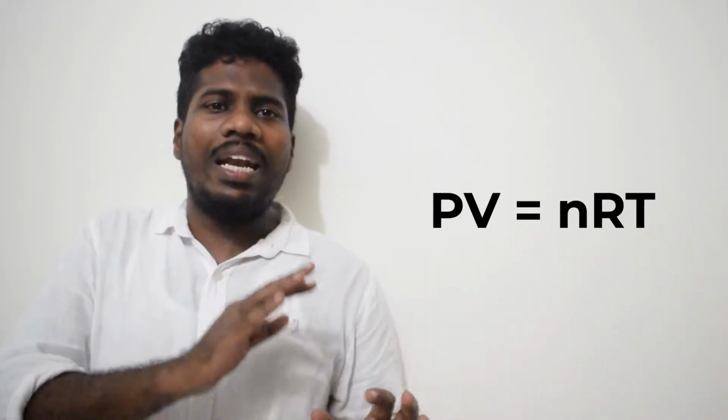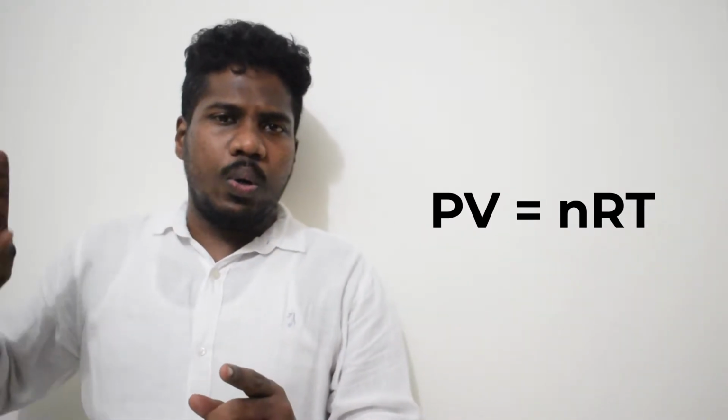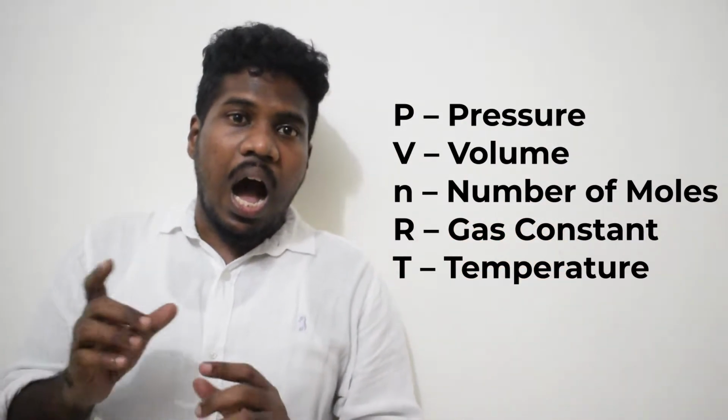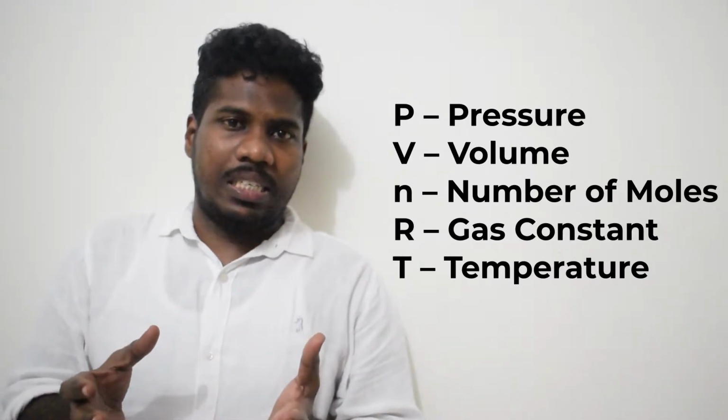Okay, so I will first straight away present what this equation is and then clearly tell you what I am going to talk about in this small video. So the equation that I am going to talk about is PV = nRT. So P into V is equal to n into R into T. P is pressure, V is volume, n is the number of moles, R is called the gas constant and T is the temperature. Alright.